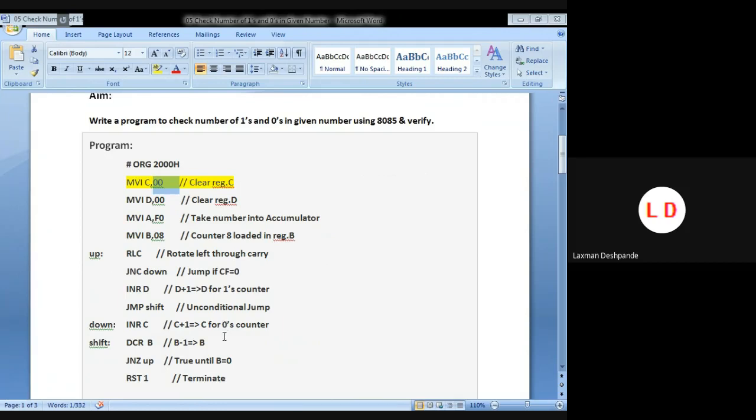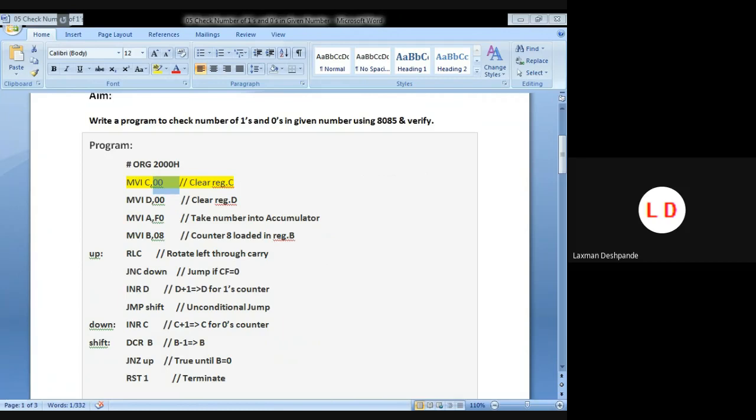Based on the carry flag status, you can either increment register C or increment register D. After every rotation, you have to go for incrementing C or D depending upon the carry flag status.